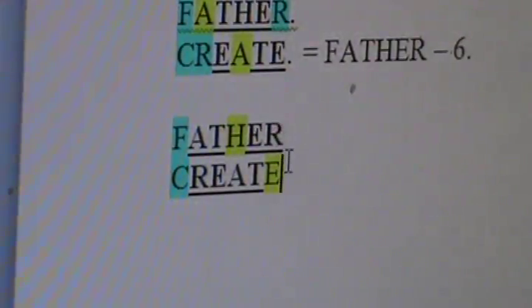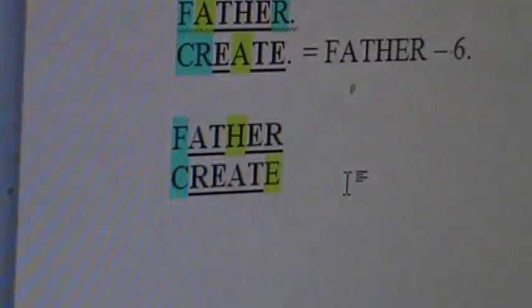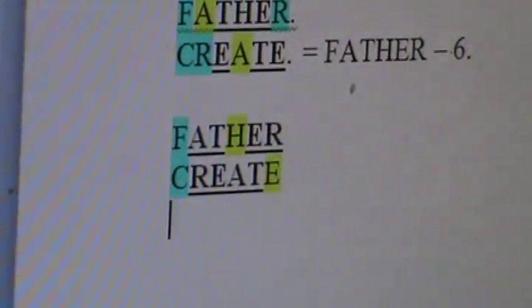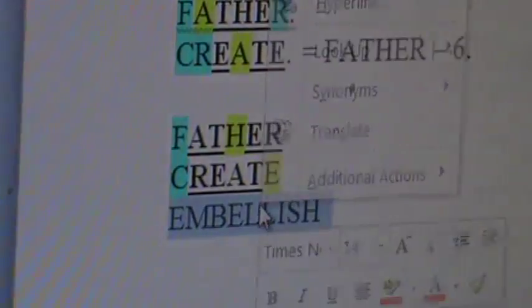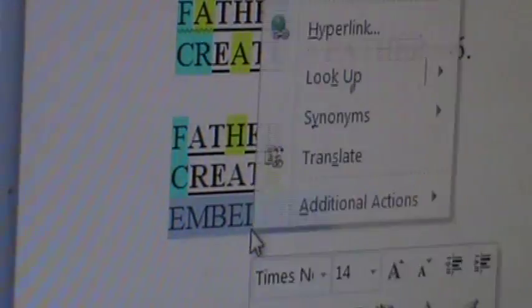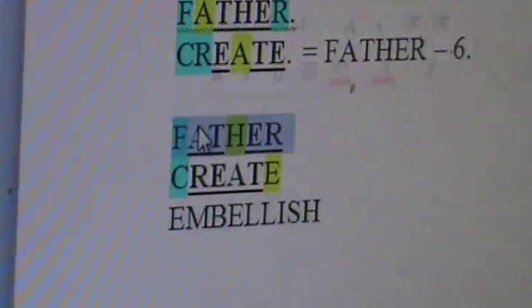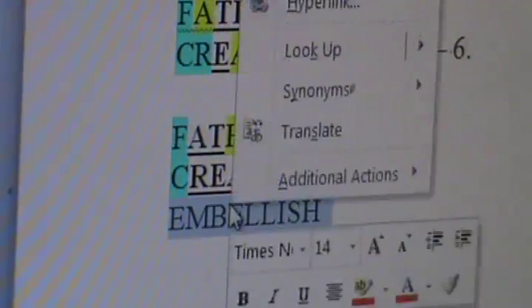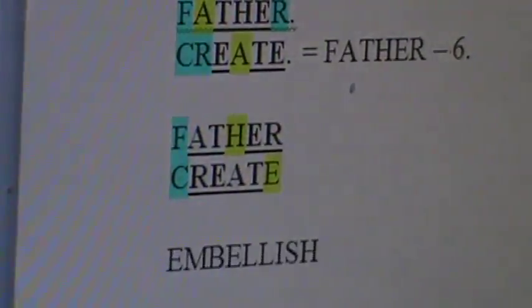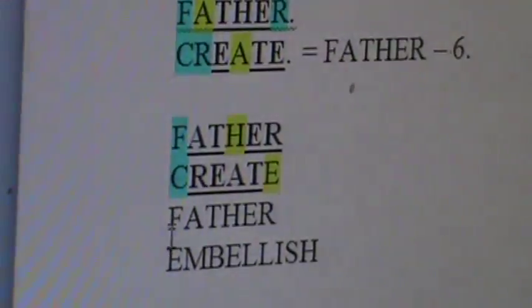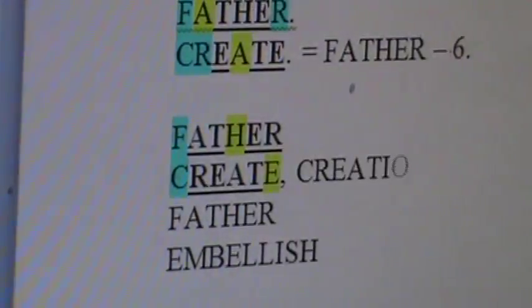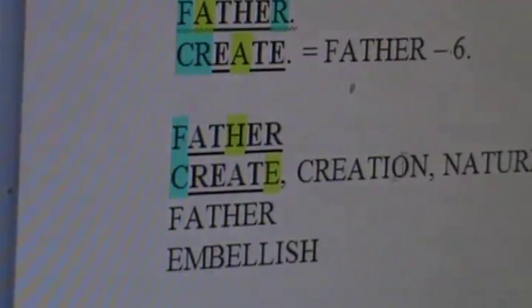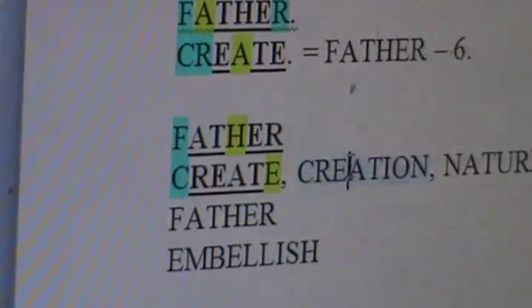Father, create, design, imagine. Embellish just came to me. Embellish. First you create and then you embellish what you created. Father. Gorgeous set of letters. 9 letters, 24 strokes, paralleling the 3s in Father, 6 letters and 18 strokes. And then I've talked about this before, the grand word creation and the grand word nature parallel Father. Father owns creation. It's very beautiful.